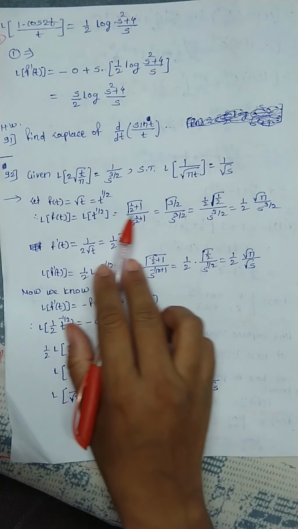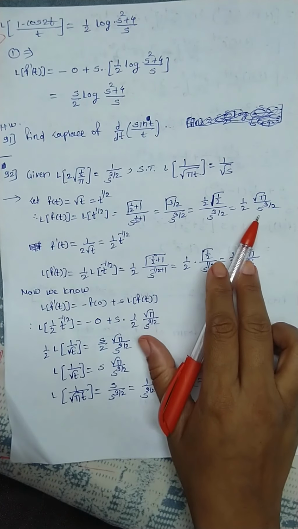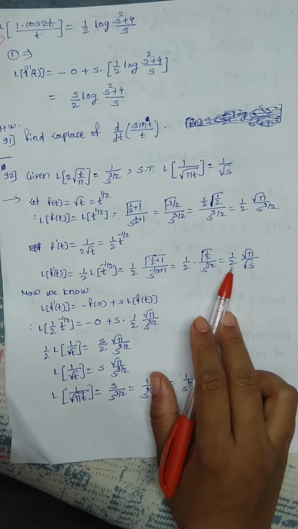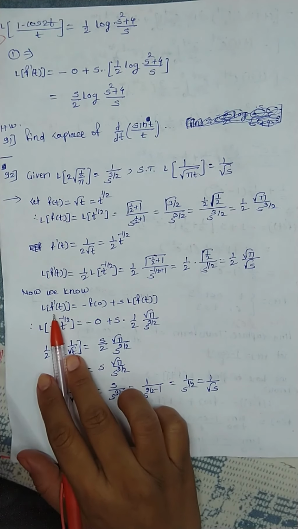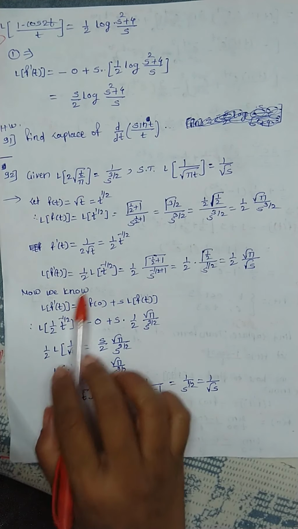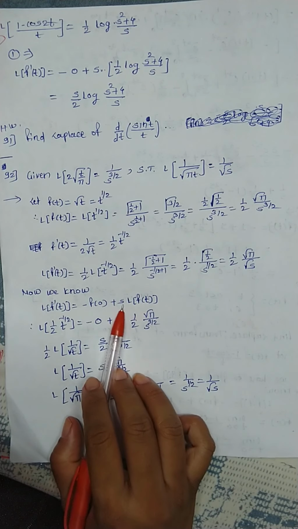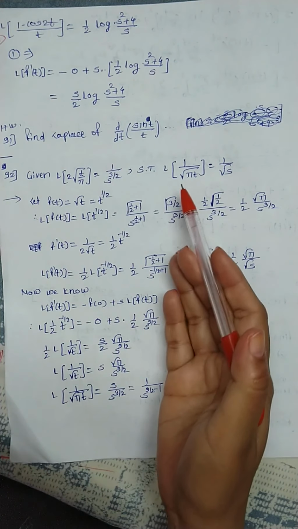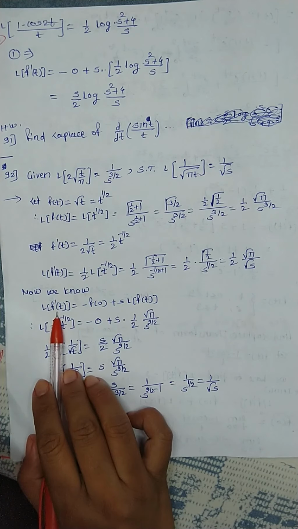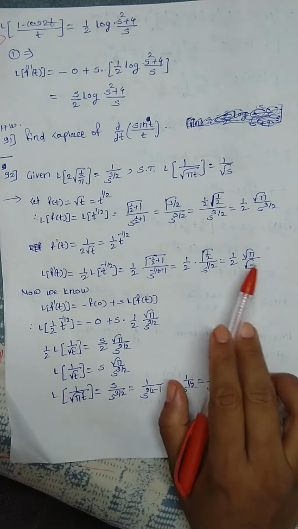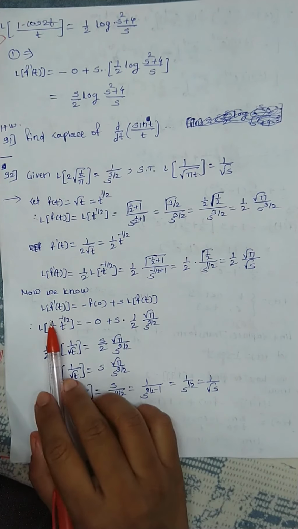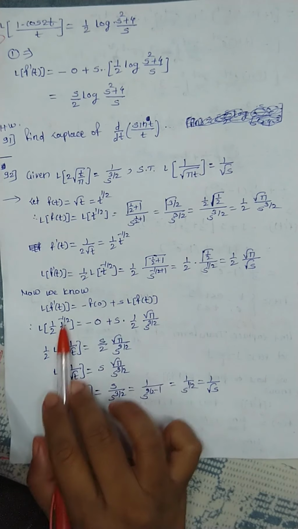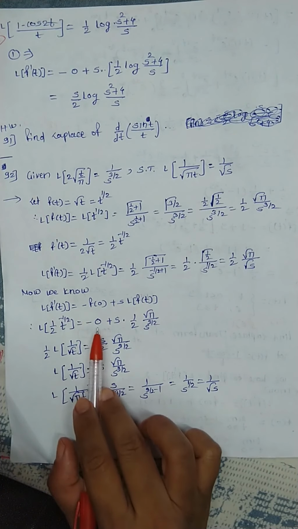Okay, this we just calculated, denote f of t, the Laplace transform of f of t. Then we find f dash t, then its Laplace. Now we use the formula for the Laplace transform of f dash of t. What is that? We know L of f dash t is minus f of 0 plus s into L of f of t. Now put all these values in this equation. Let us see how we get this answer. Now L of f dash t means L of this f dash t. This is half. Already we calculated. I have put the value of f dash t here. We take half t raised to minus half, f dash t is equal to minus f of 0.